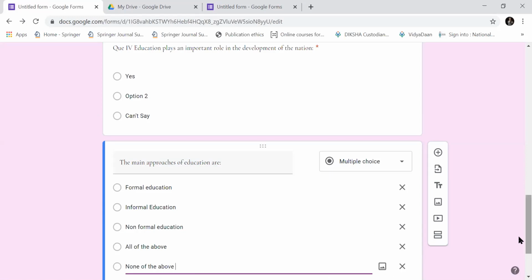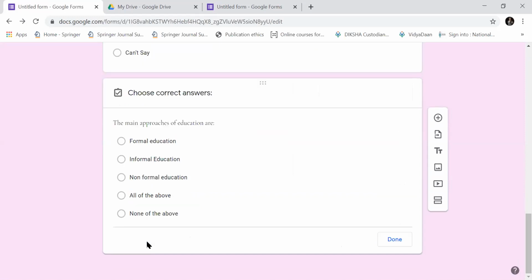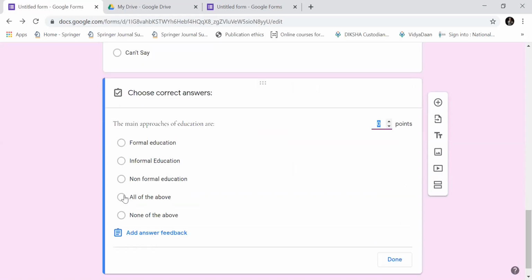Now I'll add up the answer. Again answer key. So the answer is all of the above. Marks is of 5 marks. Done.